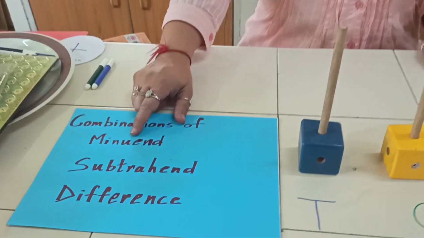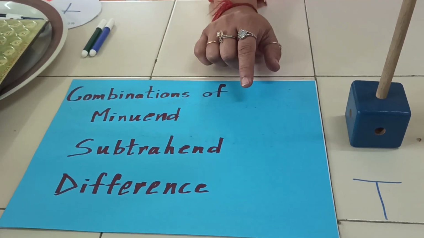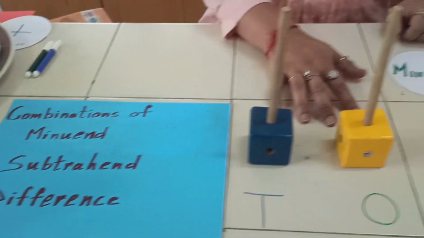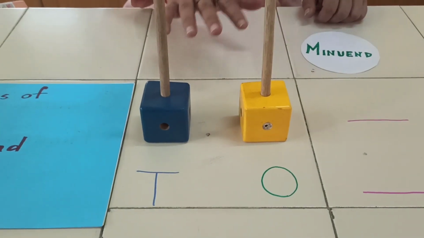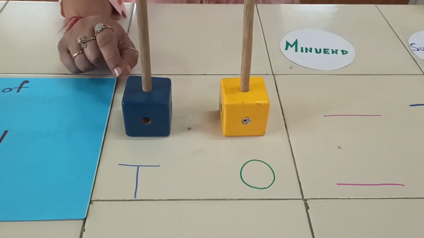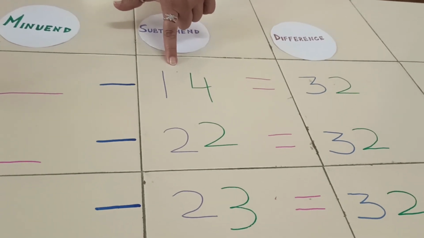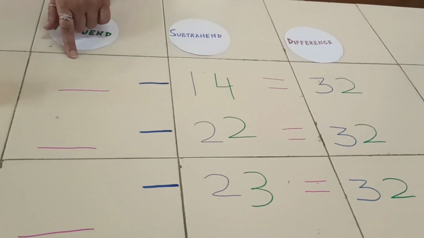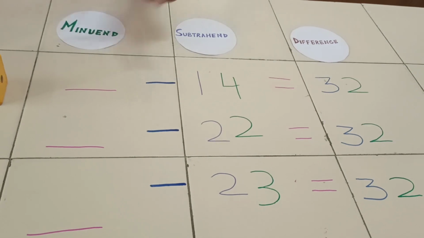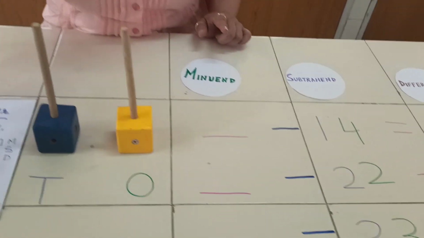Good morning, welcome back, and today we are going to learn combinations of minuend, subtrahend and difference of double digit using abacus. It's without regrouping. Here the difference is given, your subtrahend is given, and we need to find minuend. Okay, as we have to remember certain rules for it,